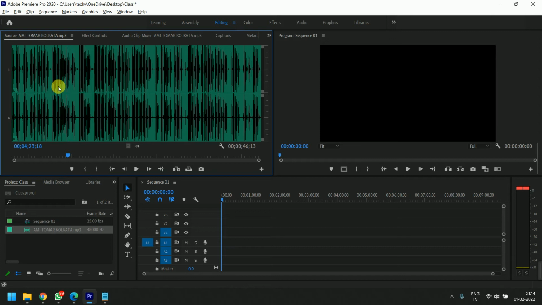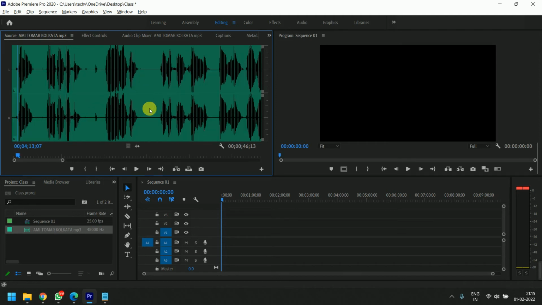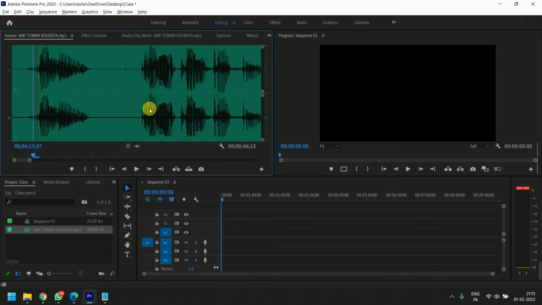Right. Cool. Now I have to select an area. First of all, I have to listen to a little bit of the video. If you want to zoom in or scale up the timeline, you just need to press the plus button, which is on the left side of the backspace, for the zoom part. You can see the audio will be zoomed.